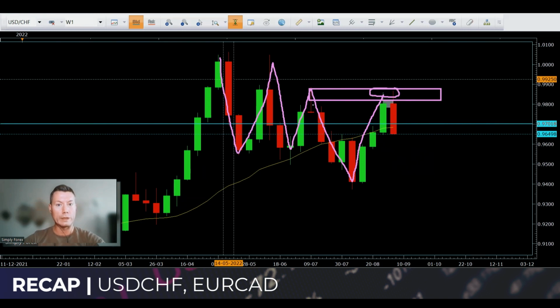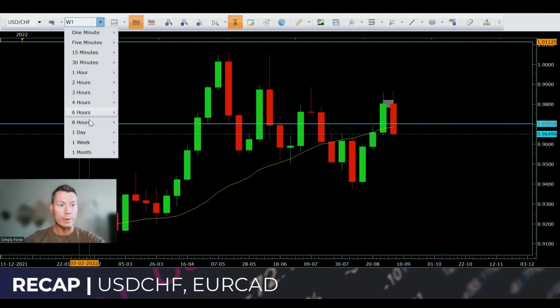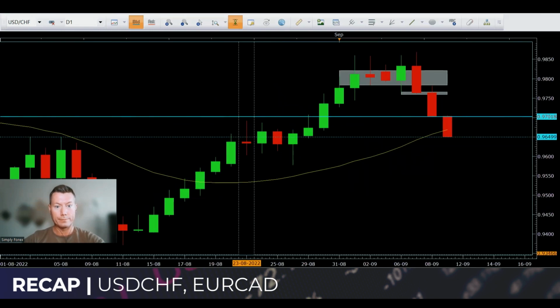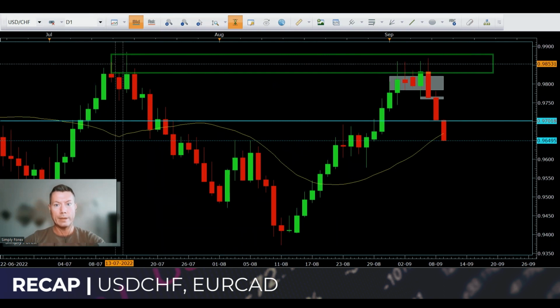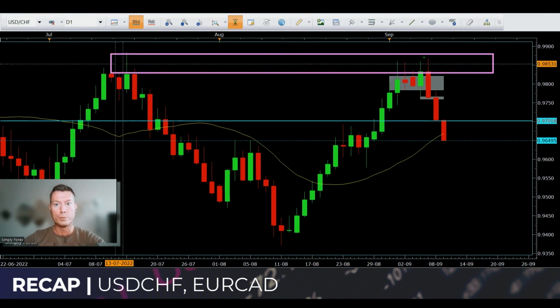So we were shorting it because the weekly chart was in a downtrend. Then we go back to the day chart. This is that last weekly high we were talking about. And as you can see, we had this super strong bearish candle fall. The idea was to come from one of our grey zones and take it down to this blue line. And that's exactly what happened, guys, and pretty quickly.